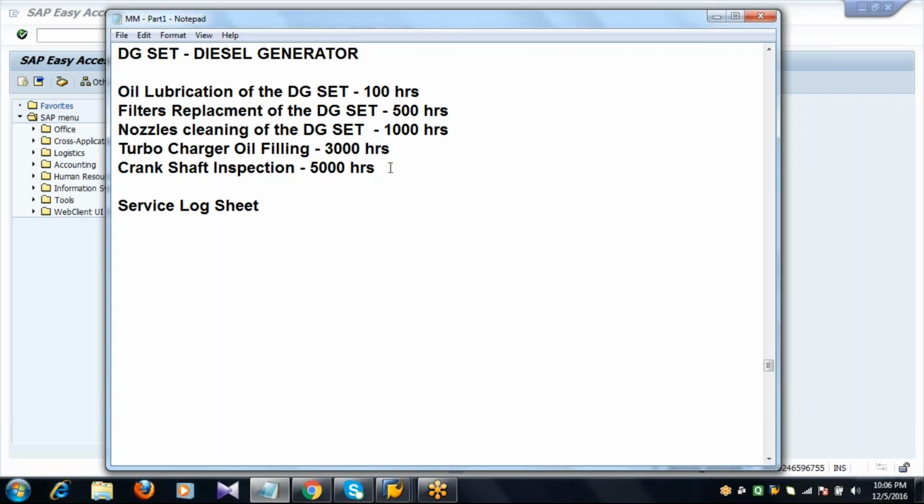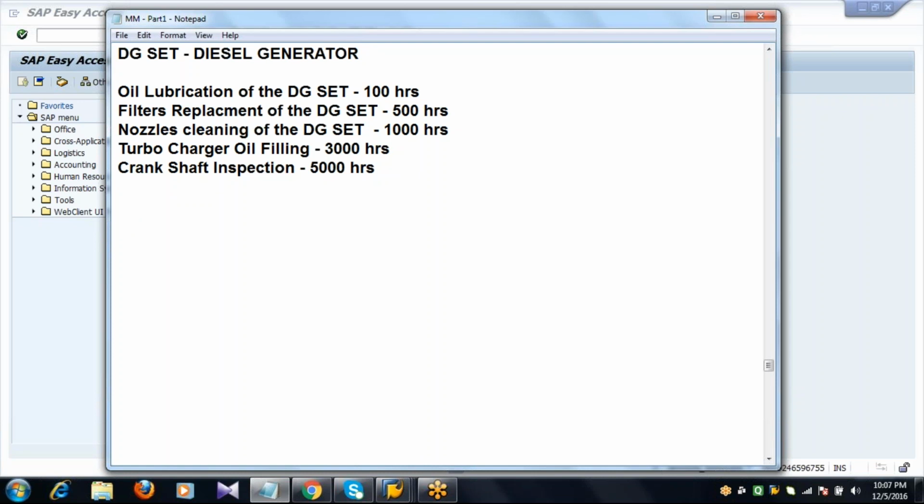So here, as service is also one type of procurement, that's the reason SAP has included a topic called services in our SAP MM. But normally there is another module called PM, plant maintenance. This module deals in depth with the machineries, maintenance orders, like how we create a purchase order, they will create a maintenance order, and calibration of the devices and machineries.